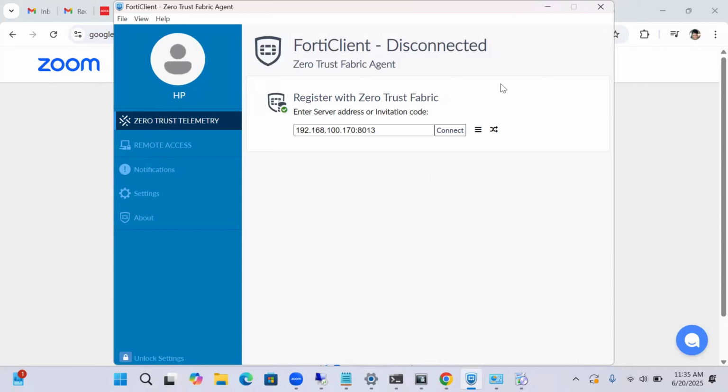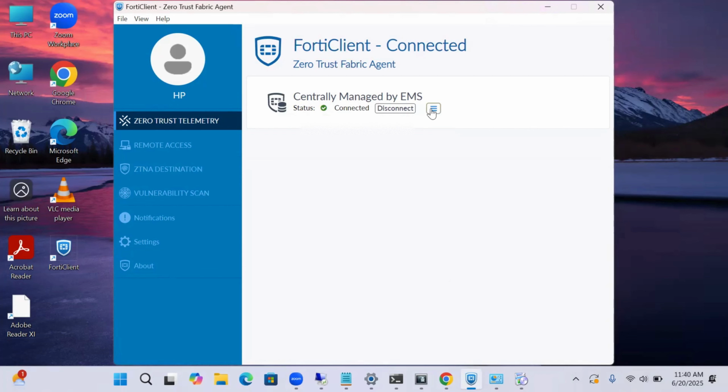so after copying it, once the user has been able to install the FortiClient, and your fully qualified domain name for your EMS server is in place, and you've been able to set it up from the EMS settings, the user needs to now paste the code in this box for the invite code, then click on connect. The user has been able to successfully connect, and when you come to